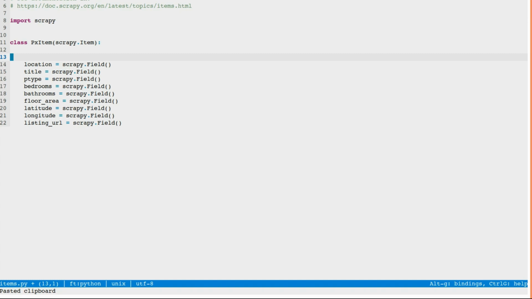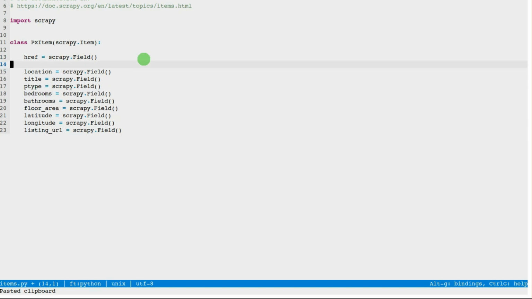Typically the xpath will be used to identify the information and populate the item or the Scrapy field. However, you can also add a value, so you don't have to rely on information collected from the xpath. Right, now there is one which we will be using a processor on. So price, the all important one, and that also equals a Scrapy field,